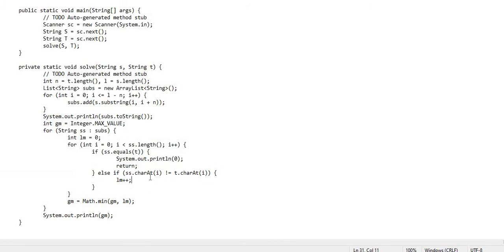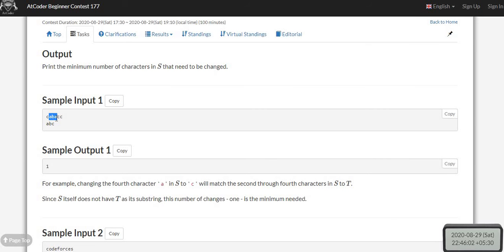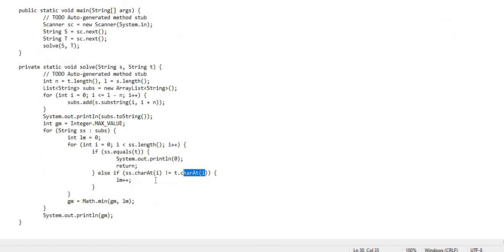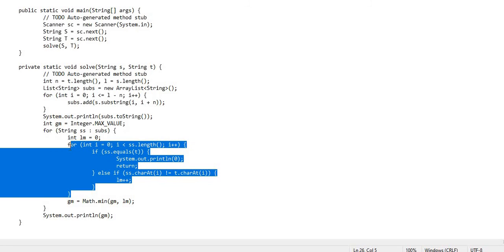Again for the second index, B matches with B, so it doesn't go inside. For the next one, this is A from the slice and here it is C, so this condition gets matched because A and C are not matching characters. So local max gets incremented by 1.